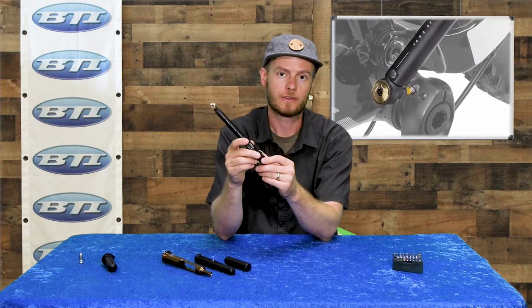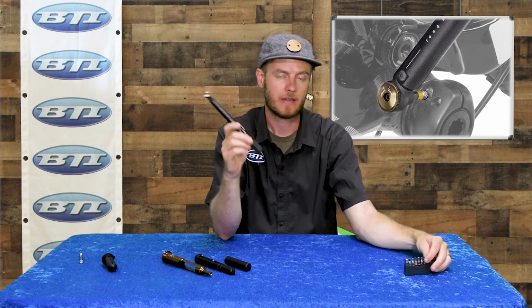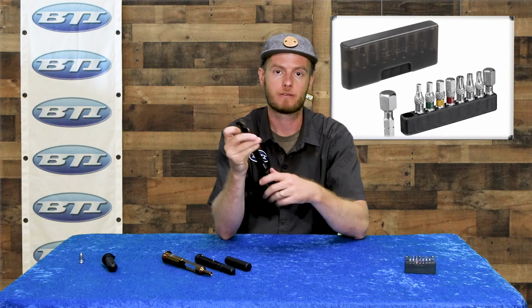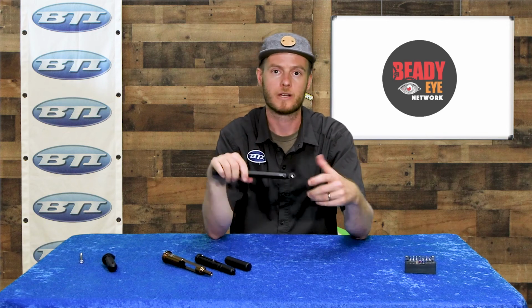What I think is so cool about this tool is, it's small and light, highly adjustable, and it does come with 9 bits. I think this would be a great thing for every shop employee to have in their apron or behind the counter, so you can send every bike test ride or every brand new bike out there with the bolts torqued to correct value. Doing a quick saddle height adjustment on a high-end carbon bike, let's use the torque wrench and make sure that's torqued correctly. No sense risking cracked carbon or anything like that on some of these